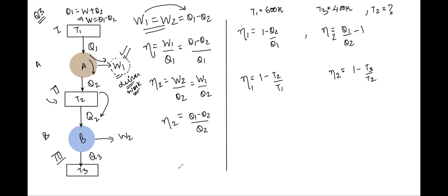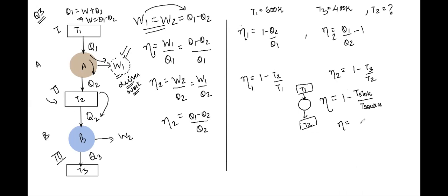So whenever there is an engine, let's say this is the engine. This is T1, the temperature of the source. This is T2, the temperature of the sink. So as a standard format, efficiency is always given as 1 minus temperature of sink upon temperature of source. Are we clear with this, Atul?